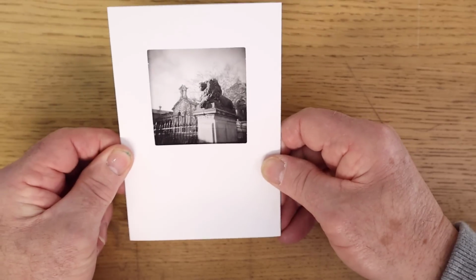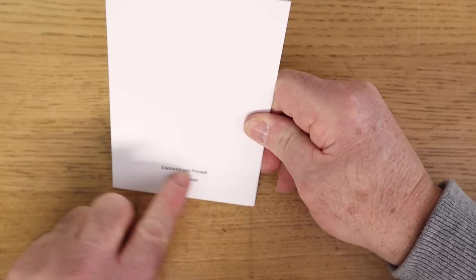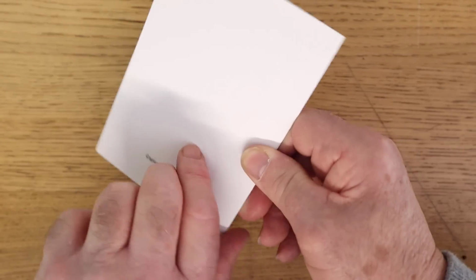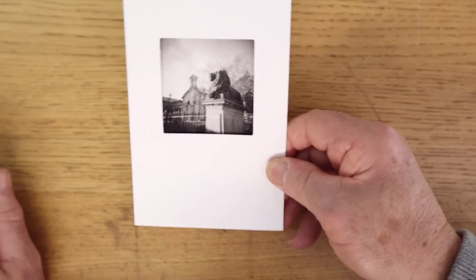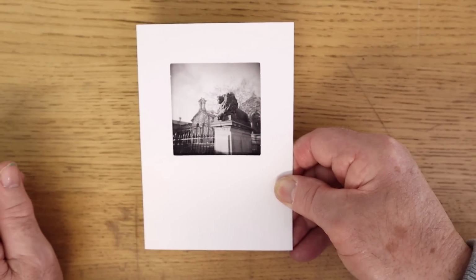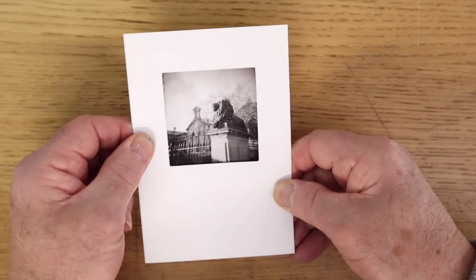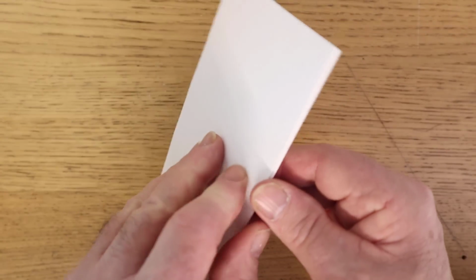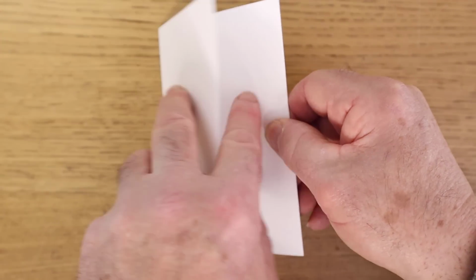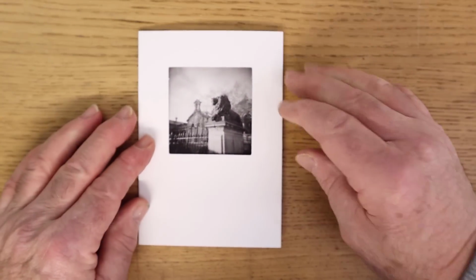Now once you've done that, you can sign it. I've just printed, or stamped, on the back my name, to say that I've captured and printed this, and you could post that as a gift to somebody. You could try and sell some of these to a shop, see if they want to buy them off you and sell them, or you could actually glue that back onto this back, or use double-sided tape, and put this picture